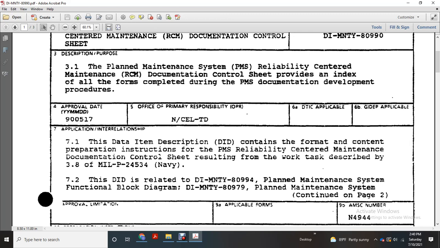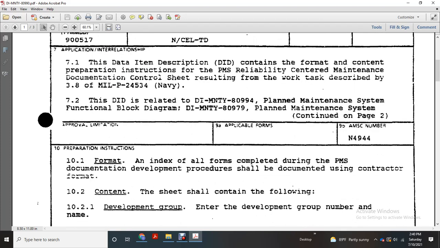Data instruction related to the data items: maintenance 80944, Planned Maintenance System Functional Block Diagram, and data item maintenance 80979, Planned Maintenance System. AMSC number N4944. Format: an index of all forms completed with the Planned Maintenance System documentation developed, proceed with the documentation